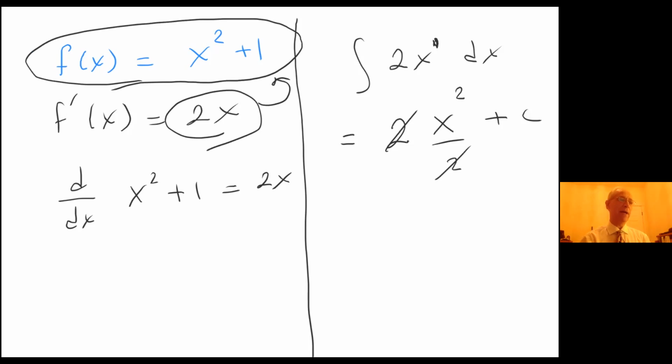So remembering that fact, and if you remember that the derivative of natural log of x was 1 over x, then it is going to be easy for you to remember that the antiderivative of 1 over x, or x to the power of -1, is natural log of x. And actually, because of the domain issue, I should say natural log of absolute value of x, and of course, plus c.